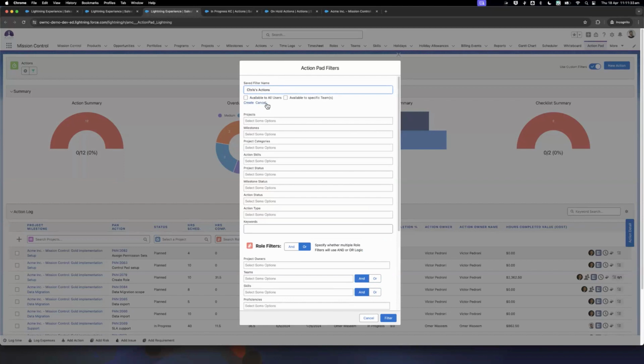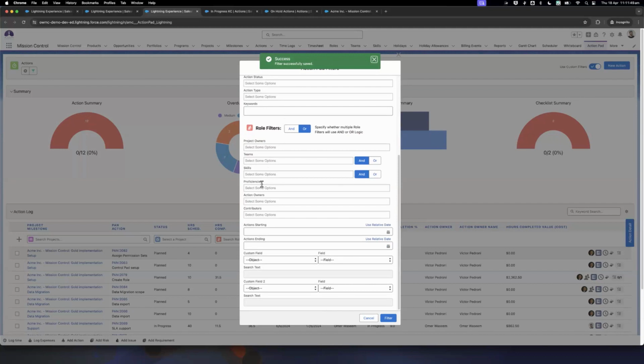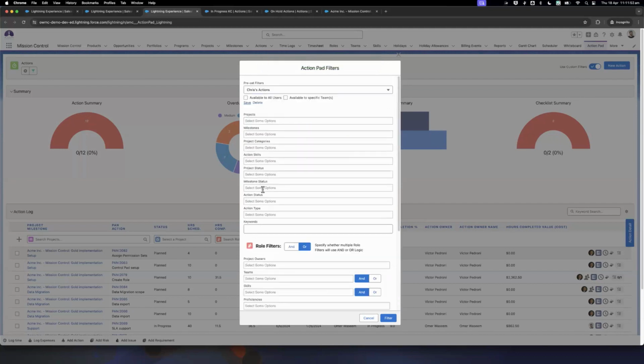Okay. And I've got options to make it available to all users or maybe specific teams. Maybe you only want to share this with the manager's team or exec team. So you can apply that accordingly. But for now, I'll just create it for myself. So I've got a filter created here, and now I'll put in some filters and make sure I've saved that